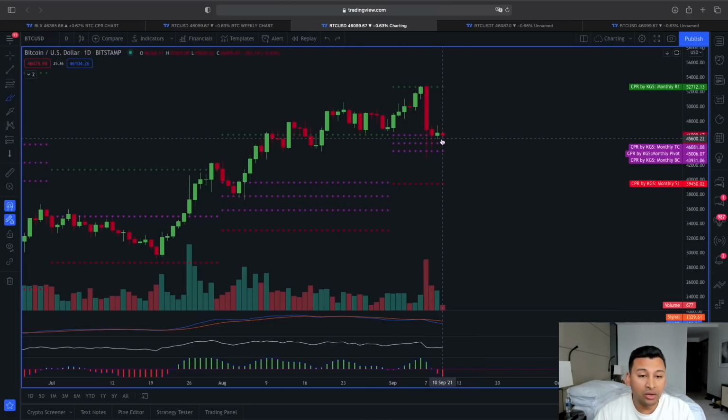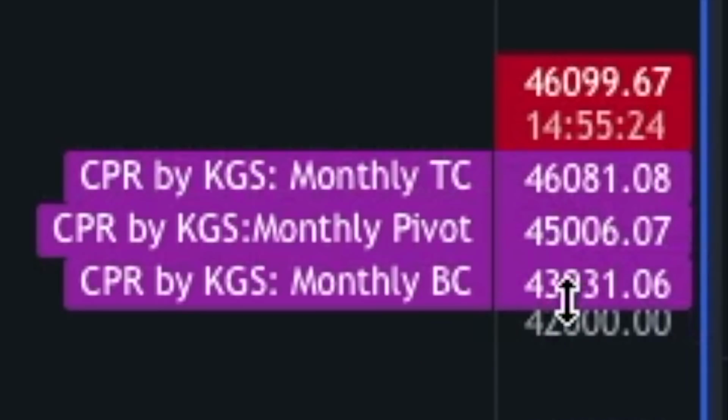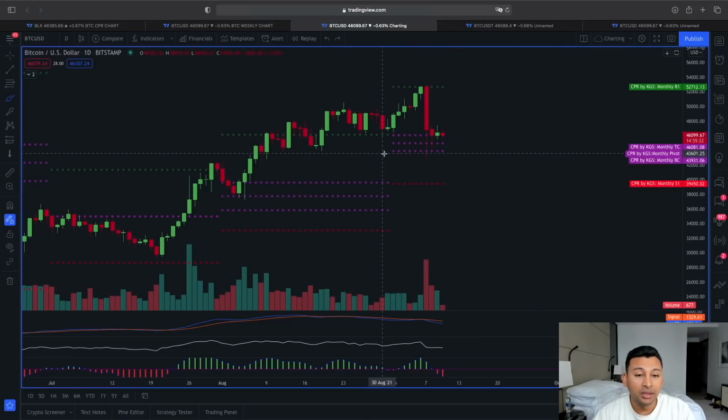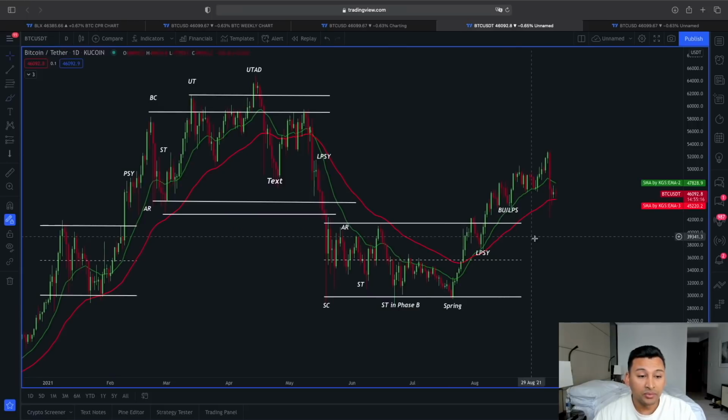So right now, as you can see, the top CPR line, which is around 46,000, is holding the price of Bitcoin. To the downside, the central CPR line and the bottom CPR line, 45,000 and 43,900, these three are our strongest lines of support for Bitcoin in this daily time frame, along with this 50 exponential moving average,